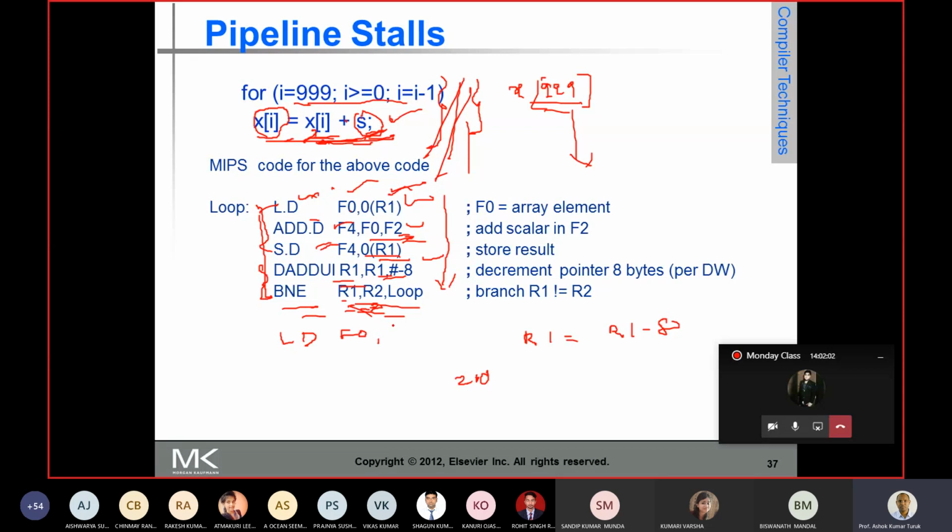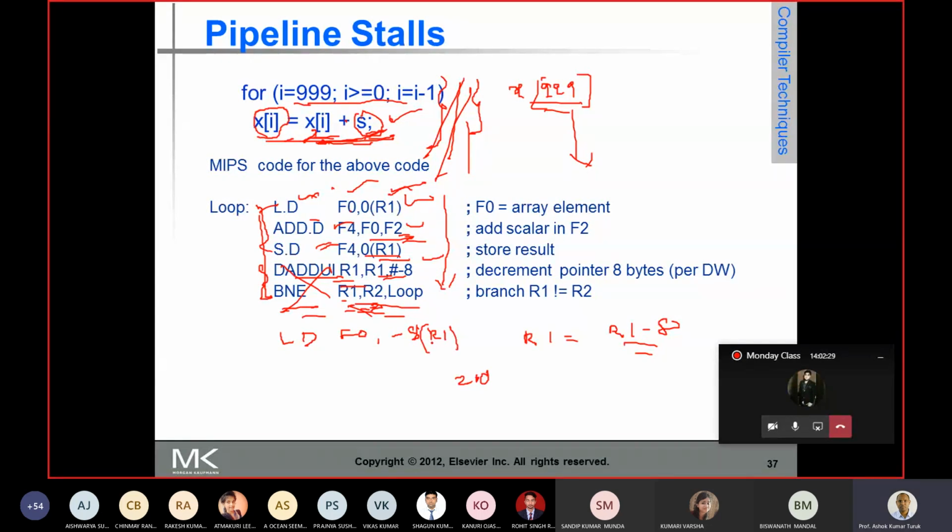Then look at the value of R1 that has changed. The value of R1 is changed by the add unsigned immediate, but we will remove this instruction, and the loop overhead is checked only when it enters the loop. So the value of R1 has to be decremented by 8, so the offset has to be minus 8 of R1.